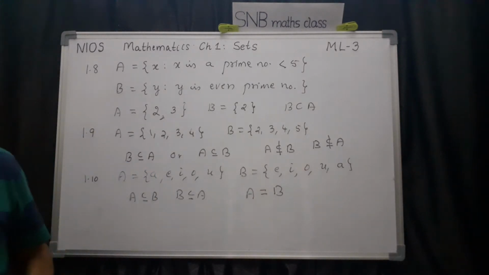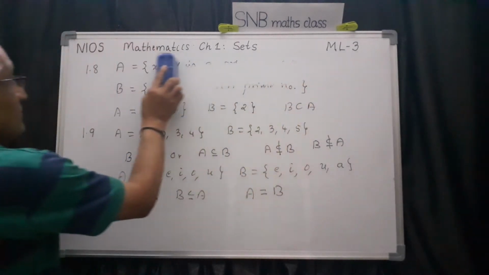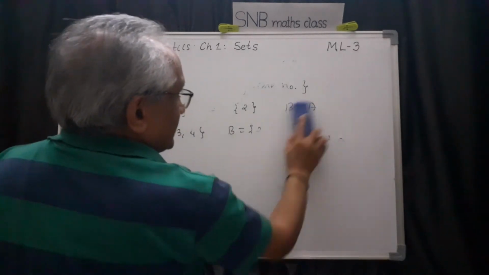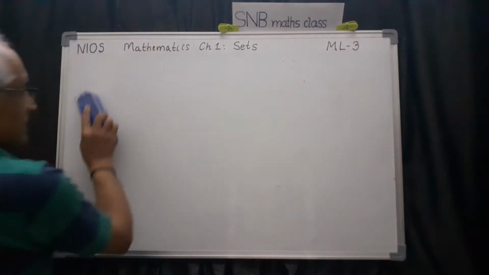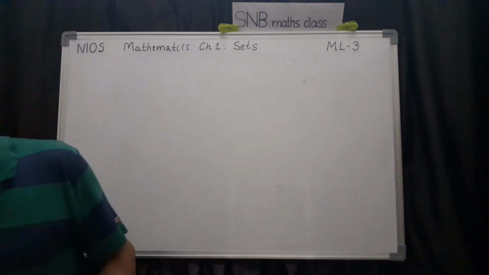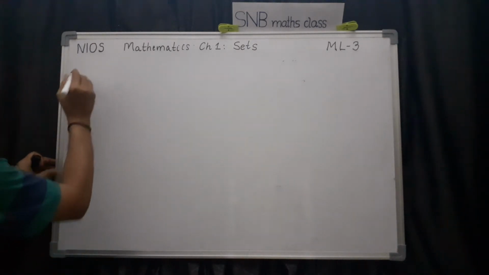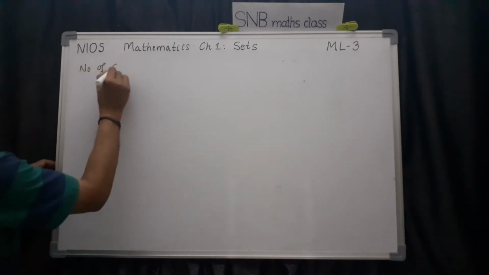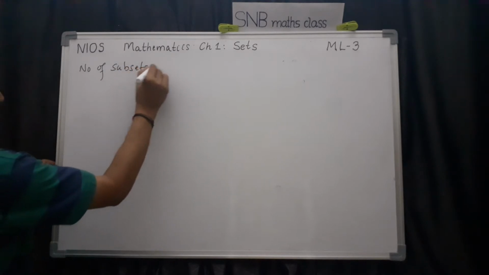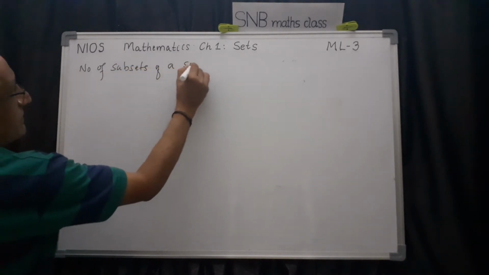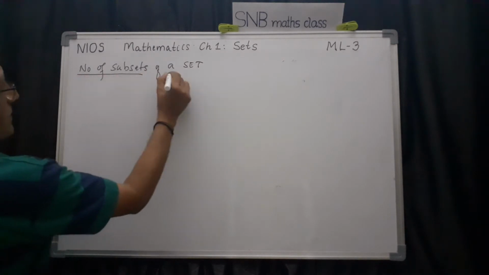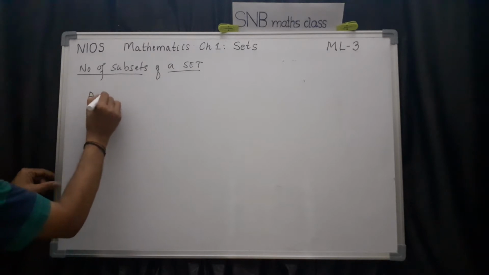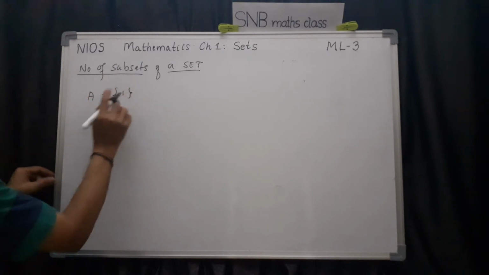Now today, let us study another interesting thing about subset. That is called actually power sets. We shall study them in detail. So first you look at this set. The concept is the number of subsets of a set. So this is the idea. Now let me clarify this one with an example. Let us take for example A equal to a set which contains only one element.